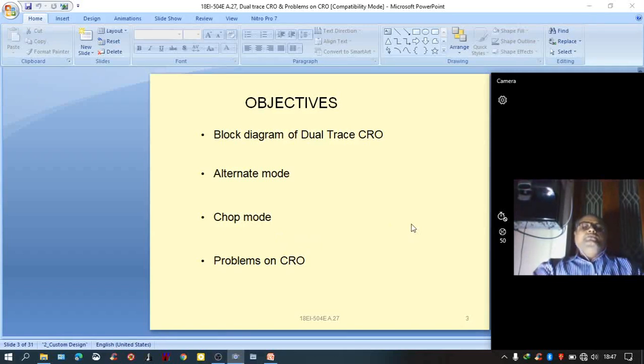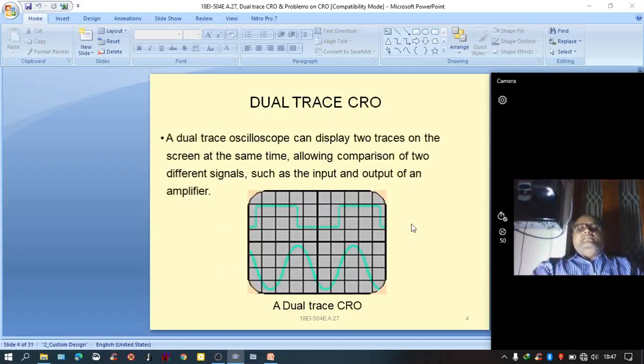Let us see how we can see both the signals using the single source of electron beam. A dual trace oscilloscope can display two traces on the screen at the same time, allowing